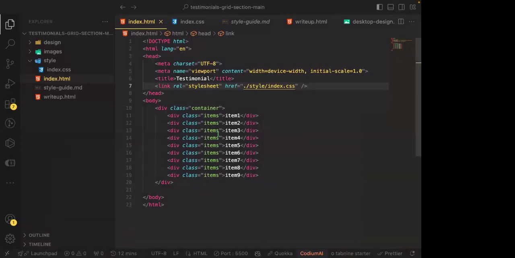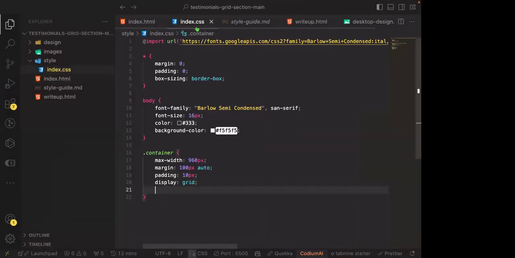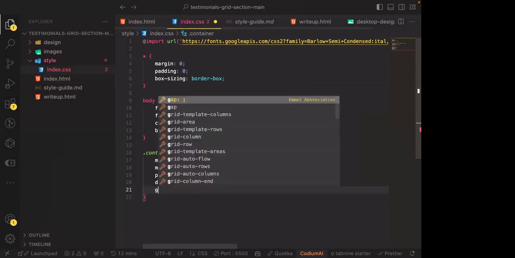So let's just continue. Let's go to our CSS styling, and we have given it a display grid. You can see that when we give it a display grid, everything is still stacked on a straight line instead of being side by side. So the next thing we are going to do is a grid template column,